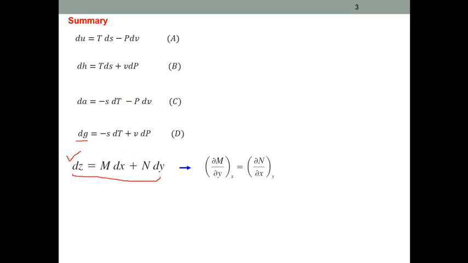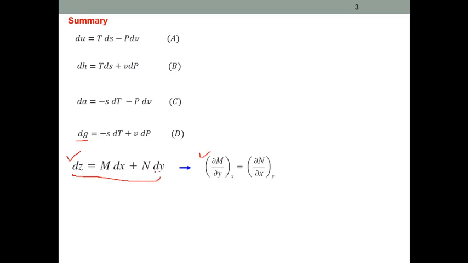So basically we have three differentials: one is dz, then we have dx, then we have dy. Here we have dg, dT, dP. Similarly, in the above equations we have dA, dT, dV. Similarly here we have dH, dS, dP. Similarly here we have dU, dS, dV. So that means we can transfer these four equations into this form, right?